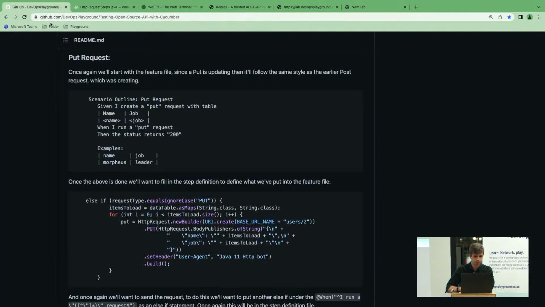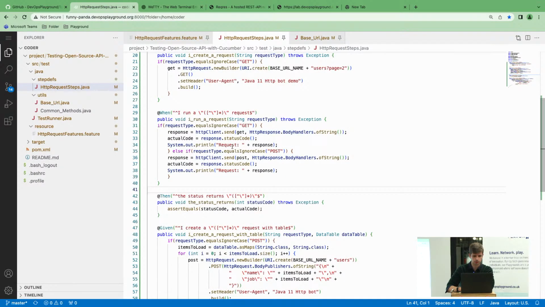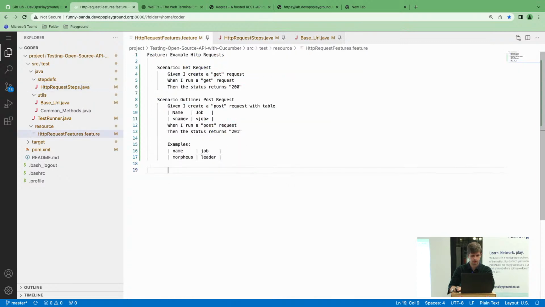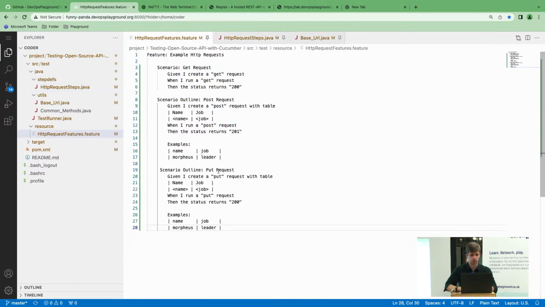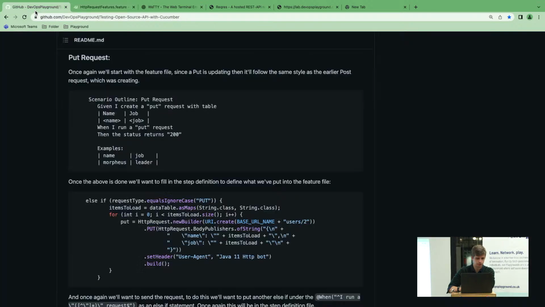Cool. So, for the put request, very similar to creating data. This time we're just updating data. So if we go back to our feature file, we can just slot this in underneath our post request. You can see we're also using a data table, and it's very similar. This time we're getting a response of 200 rather than 201, but essentially the rest is very similar. So go back to GitHub,